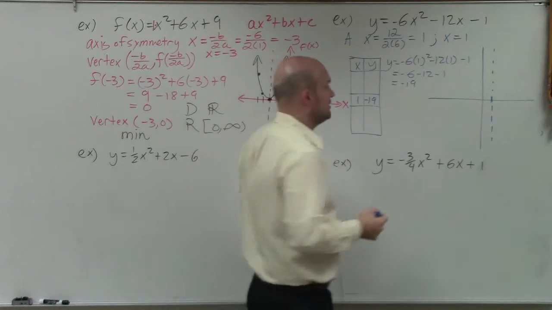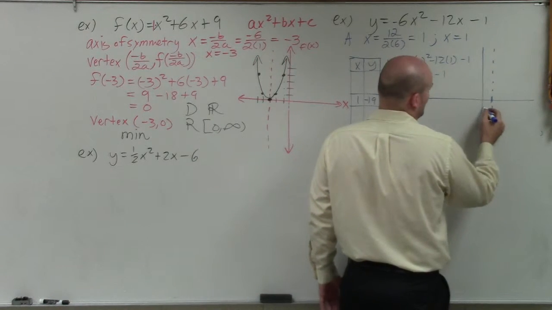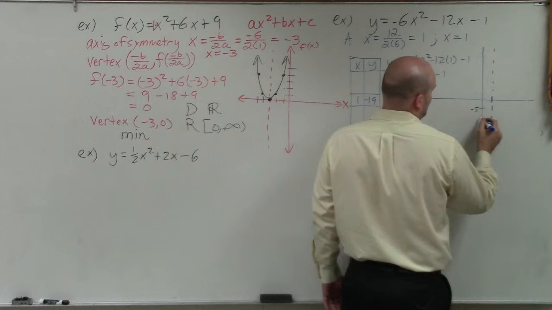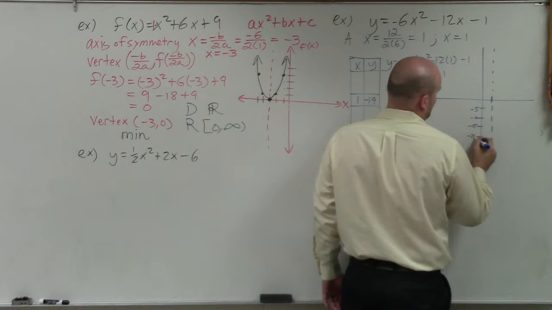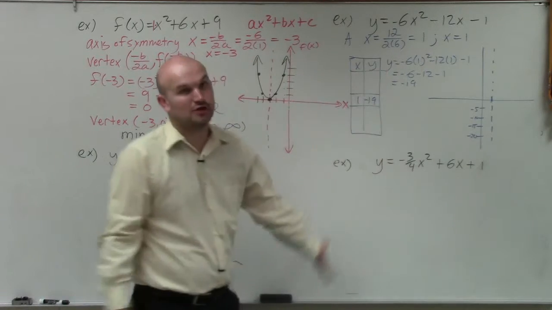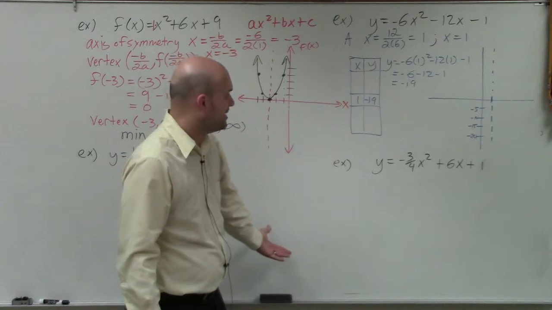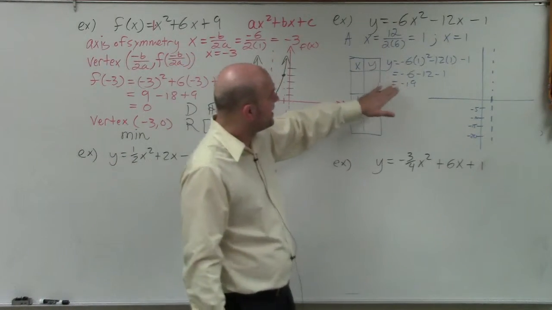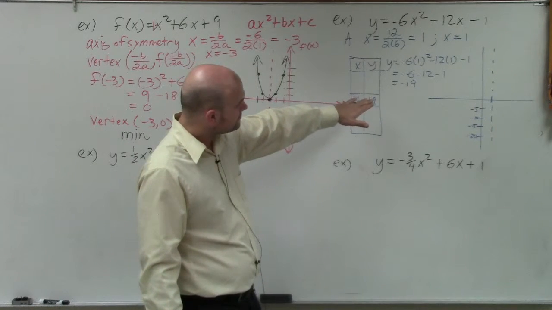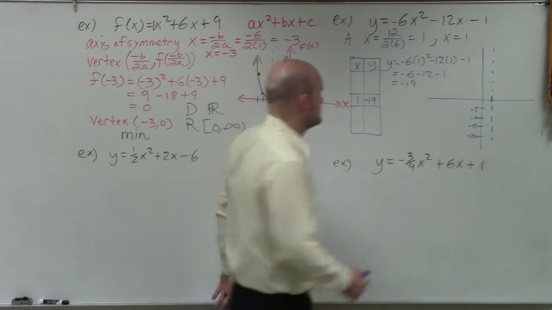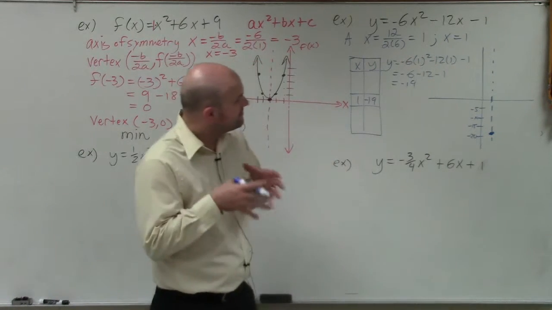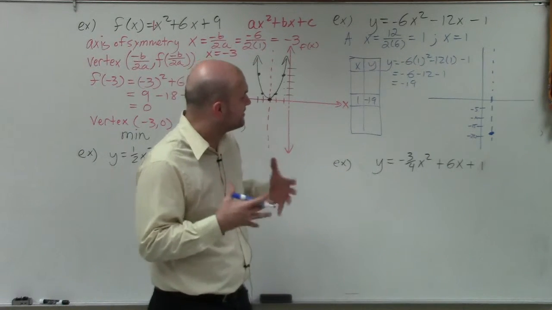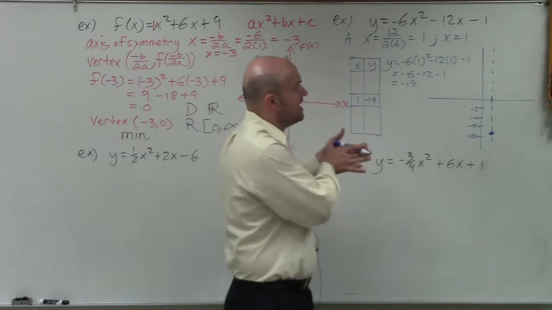All right, so if you can see I'm going by 1s here, now I'm going to go by 5s. Negative 5, negative 10, negative 15, negative 20. Because obviously my graph's going to go really far down if I'm only going by 1s. So if I evaluate for my point here, so now I found my vertex, which has a negative 19 right there. Now, to find my other points, basically what I simply need to do is I need to pick points that are to the left, or